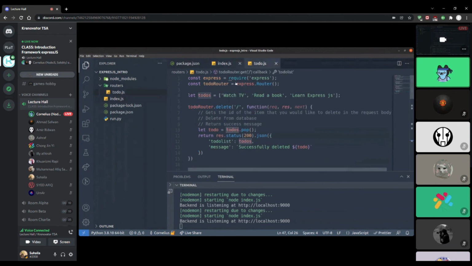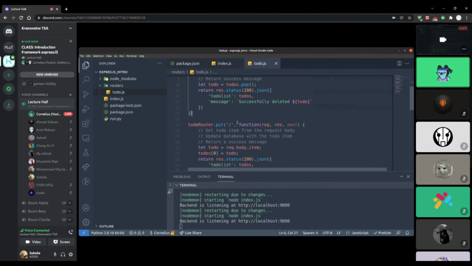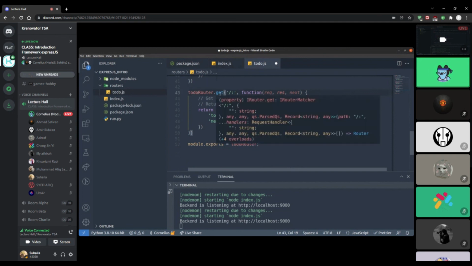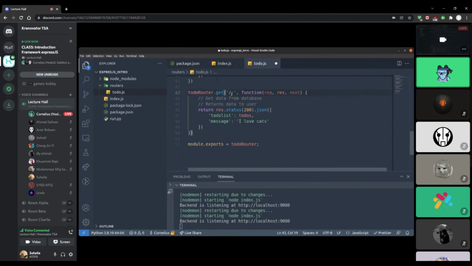And as you can see, if you have more features that you want to add, let's say this todo router, and you want to have much more features of functionality, you can definitely use much more routes as well. Also, you can get some data from the GET request as well. So let's say you want to be able to get a string from the user through a GET request. Then you can use something like